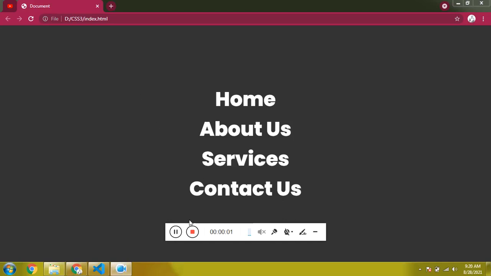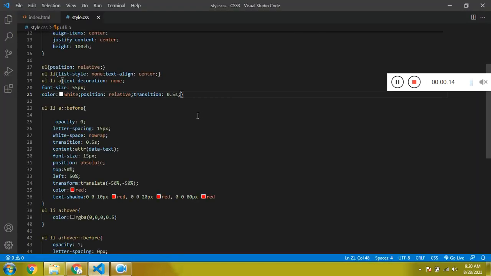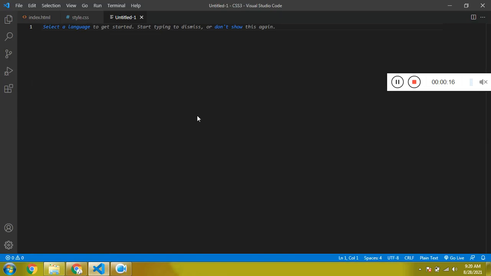Alright, in this video we are going to see how to create this hover effect using CSS3. So we are going to create it from scratch. Fine, let's get started. The first thing, let me create a new document and save this as